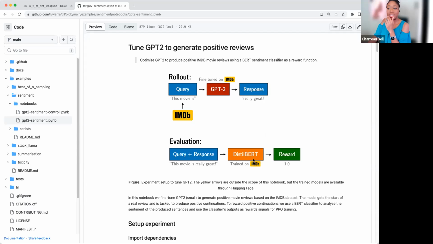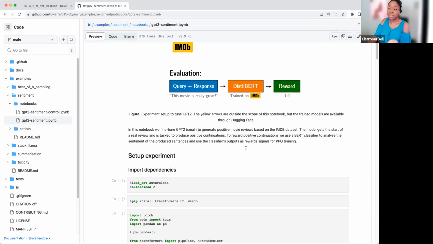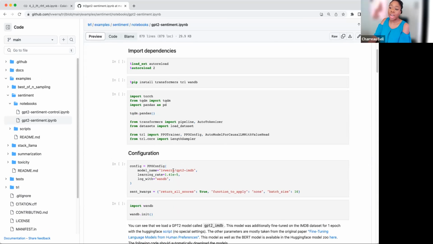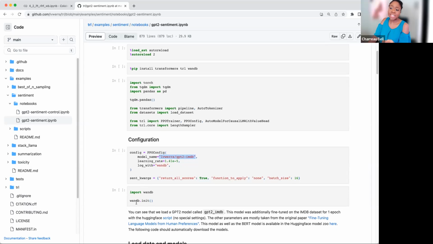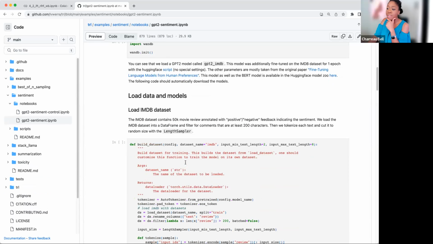That's really interesting, that they use something completely different. Often other organizations talk about using just another language model. So here we see exactly what we saw before. We create our configuration. This is the model that we're passing in with some of the parameters that we want to set, and we can see that in the actual API. You'll see things like WANDB. These are about tracking the progress of the model as it's training. Here you can see that this person actually fine-tuned their GPT-2 on IMDb, which is something that we just did. We just fine-tuned it on emails.